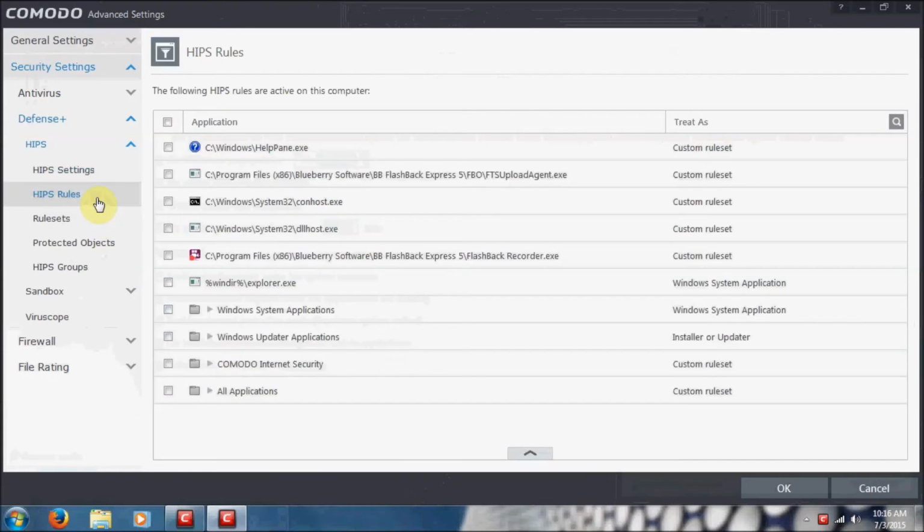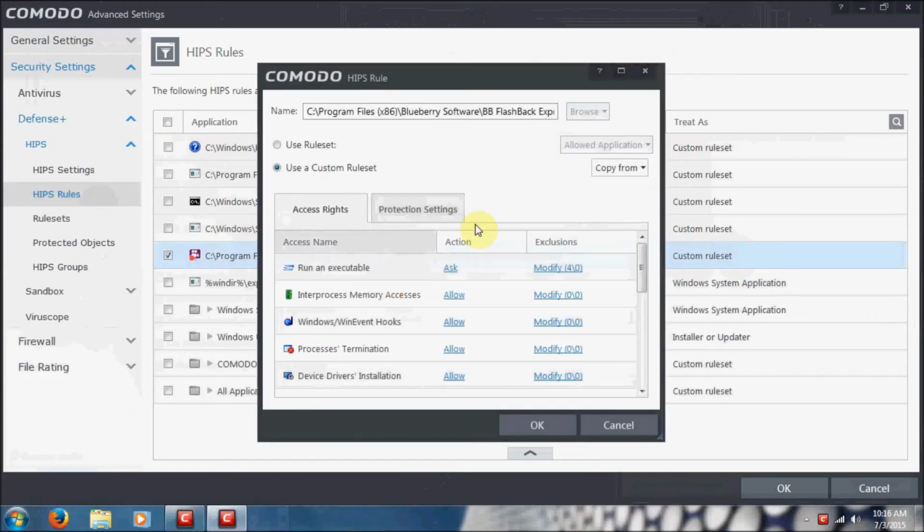And that will be very handy, and as you can see here, it's already beginning to work by identifying processes that are running on the computer. As it's in training mode, it always sets them to custom rules, but in order to change that, it's pretty simple. You can just double click on it and select a rule set. As you can see, this is my Blueberry software that I'm using for recording,